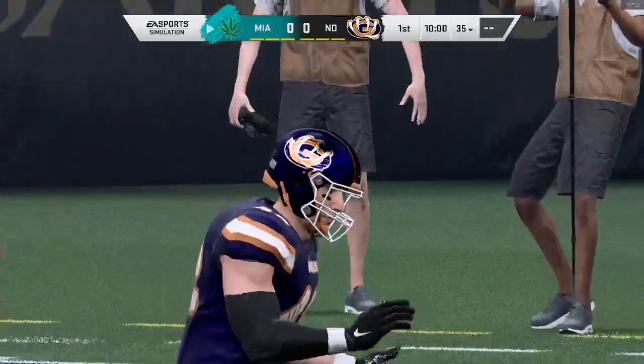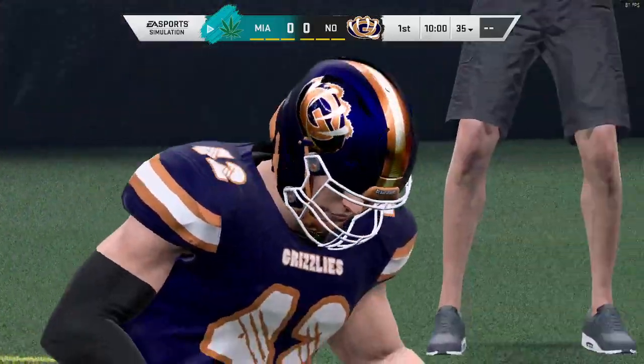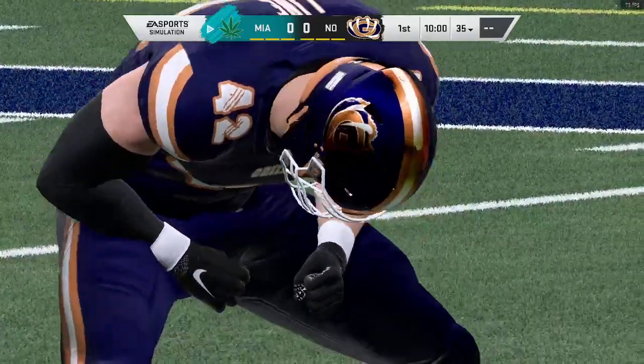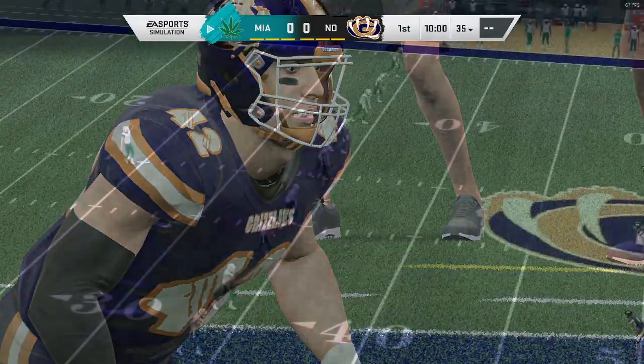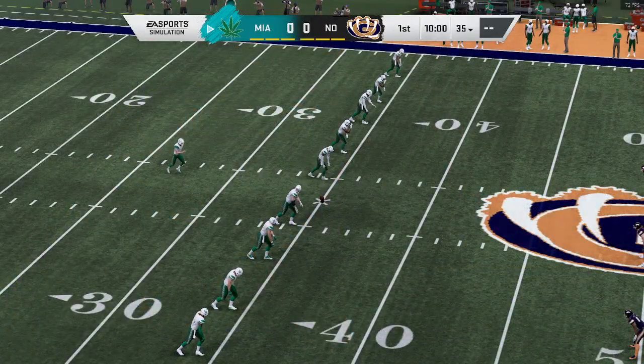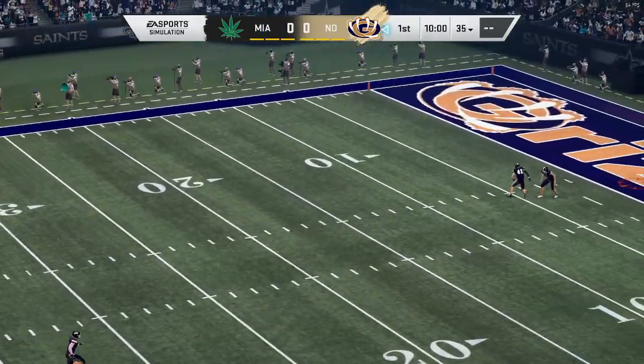EA Sports coverage of the NFL has us in downtown New Orleans at the Mercedes-Benz Superdome. Coming up, we've got a good matchup on tap between the Miami Dolphins and the New Orleans Saints. Here's Jason Sanders now to get this one started, and we are underway from the...